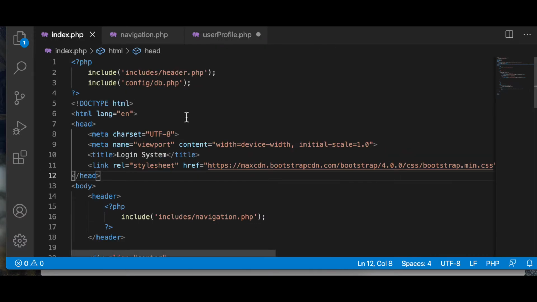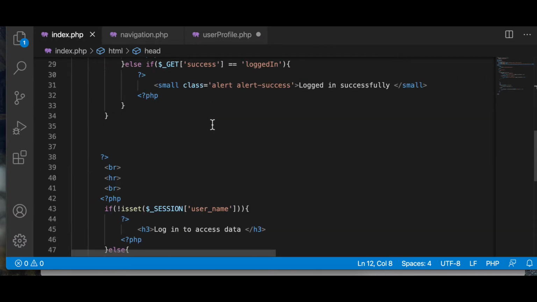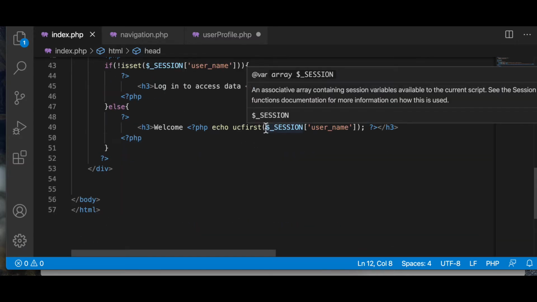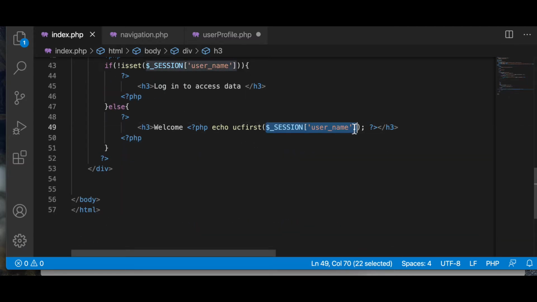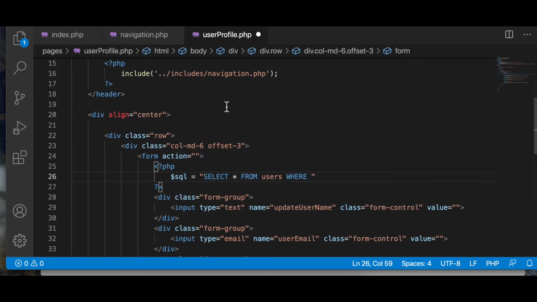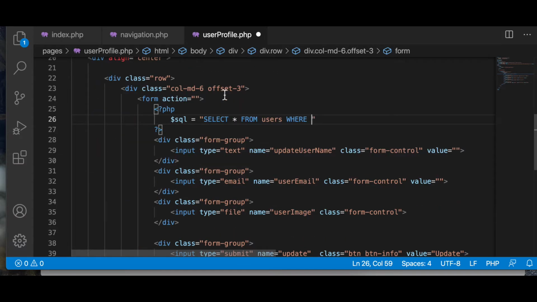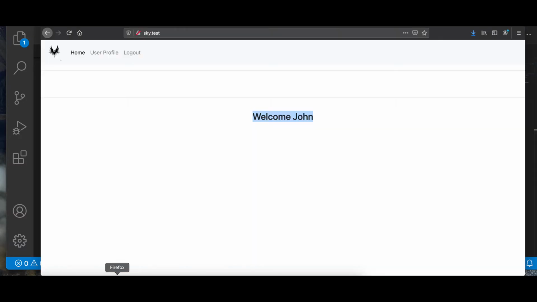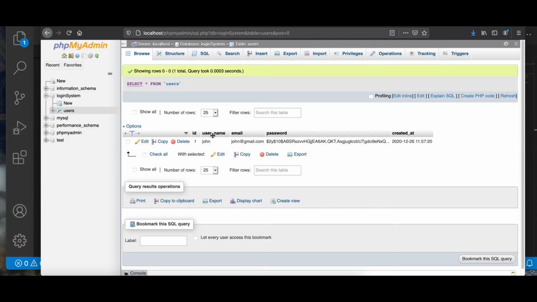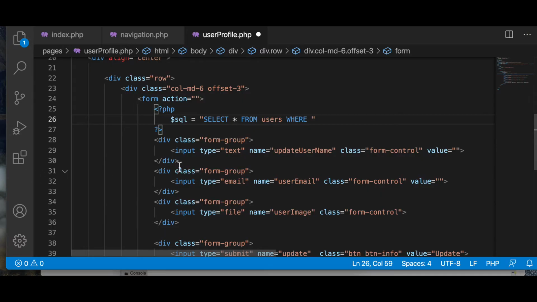If I go to index.php, we are showing it using this session. A session can be used on every page, so I can go here in user profile and use that. We already have the header on top, which is starting the session, so in the query we will say where user_name is the name. So let's do that. I say user_name is equal to, and we're going to pass the